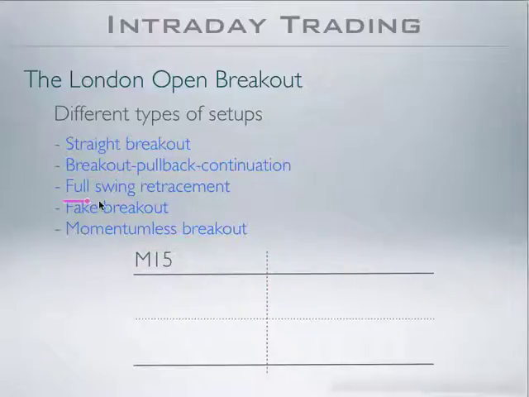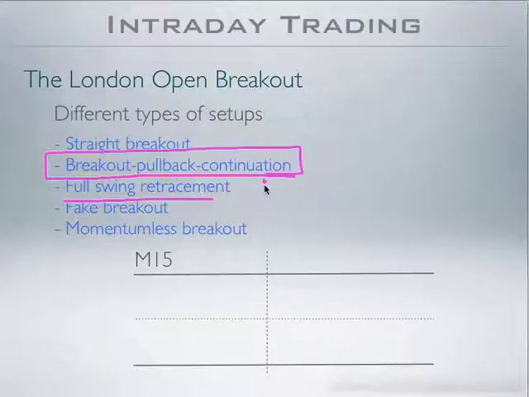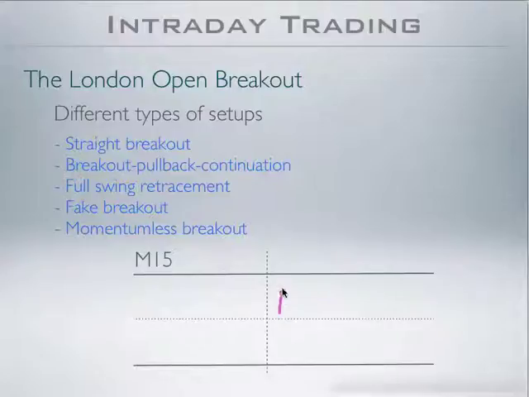Instead, the full swing retracement is going to be a breakout in which we are going to miss, just because we were late, this entire breakout pullback continuation pattern, or we got a straight breakout and we never got the pullback at reasonable levels, meaning around breakout points. So assuming either we miss this pattern or price simply takes off without us, the full swing retracement basically means we are simply waiting for price to swing back to the high of the